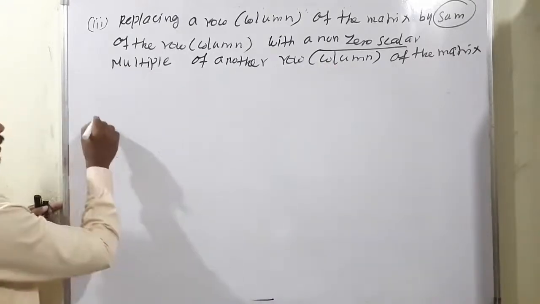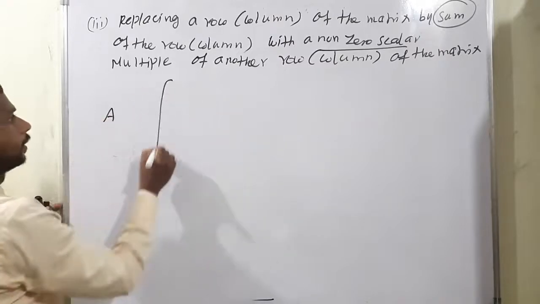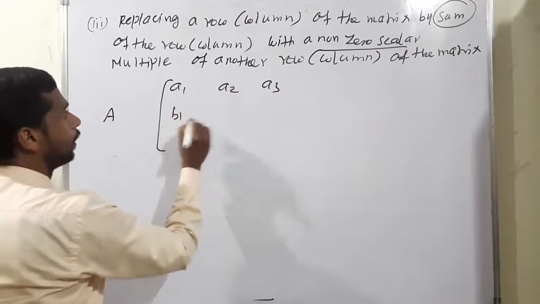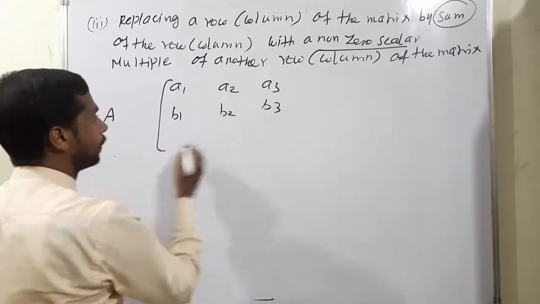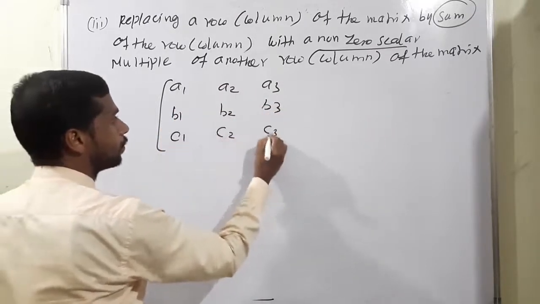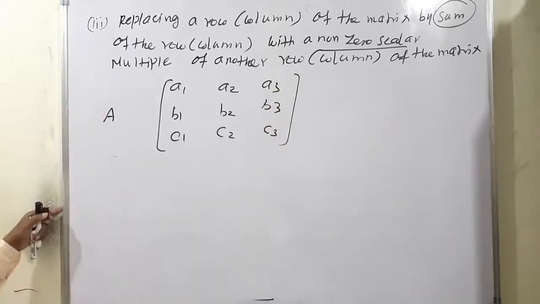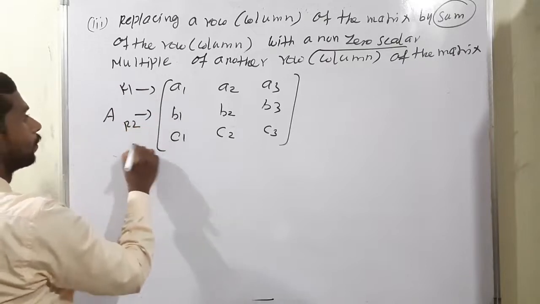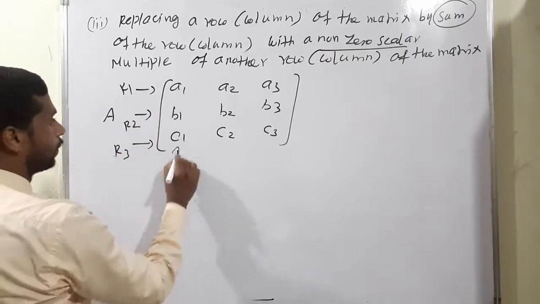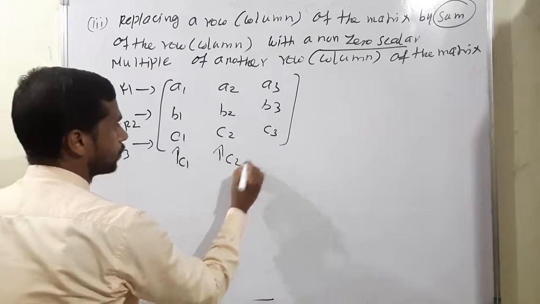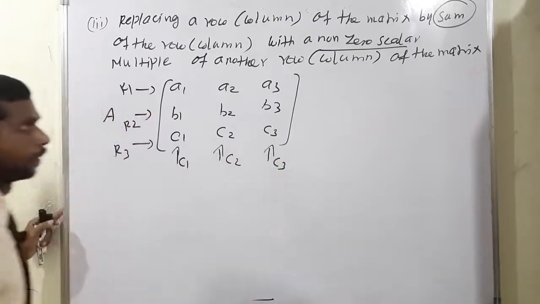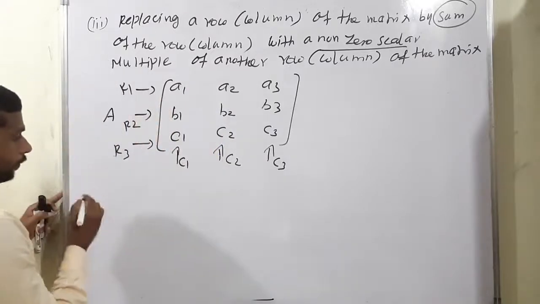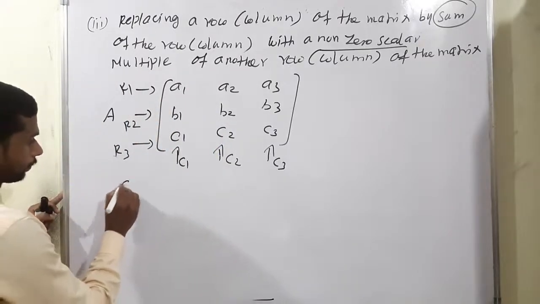Just consider a 3 by 3 matrix to see what this means: A1, A2, A3, then B1, B2, B3, then C1, C2, C3. We already know these are R1, R2, R3, and these are C1, C2, C3. Sum of the row or column means, for example: